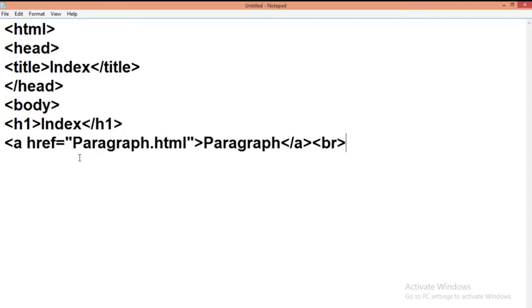Then for the next line use the br tag. You can also use the br tag two times to get more line space between the text.